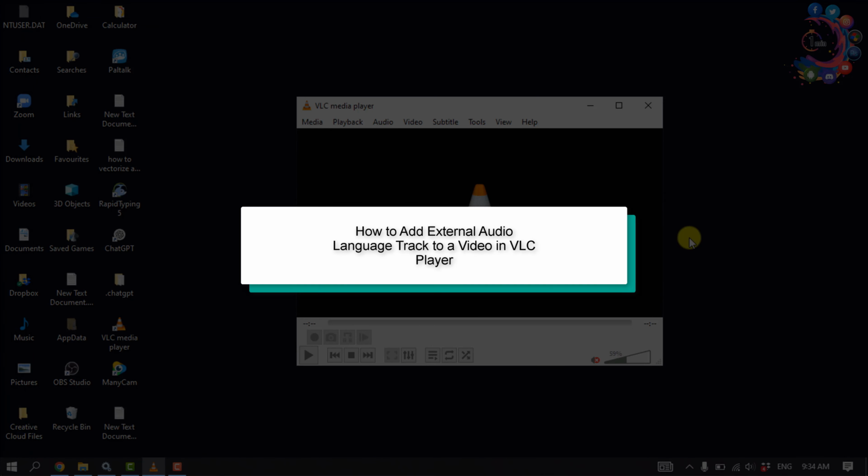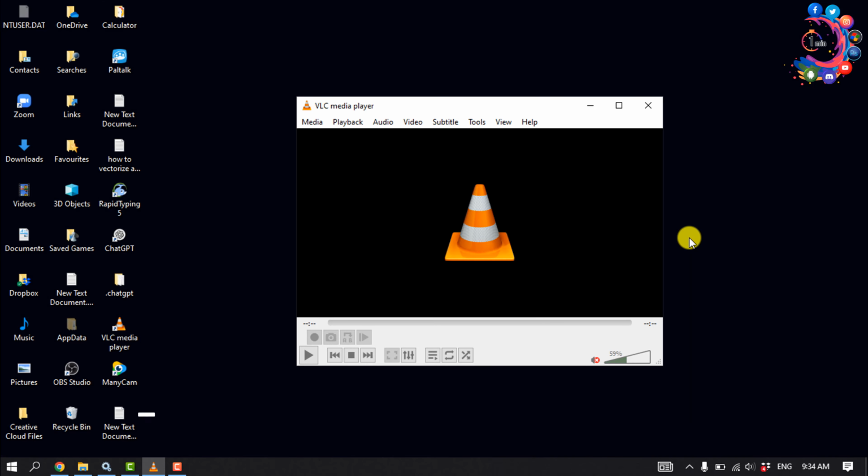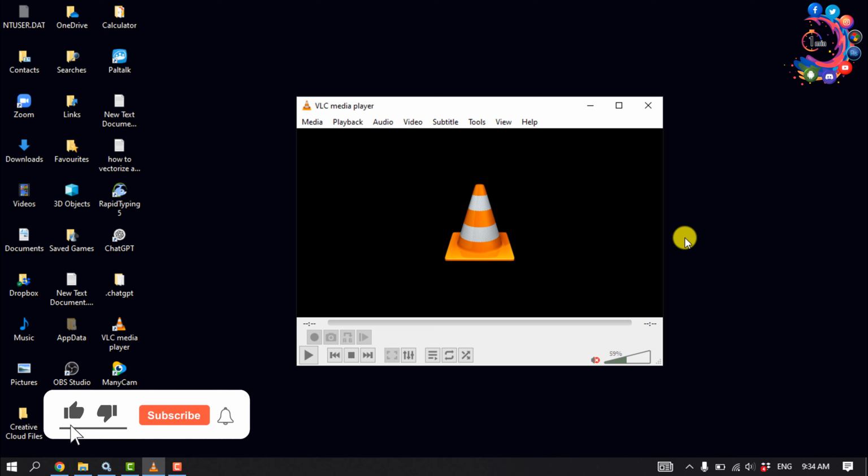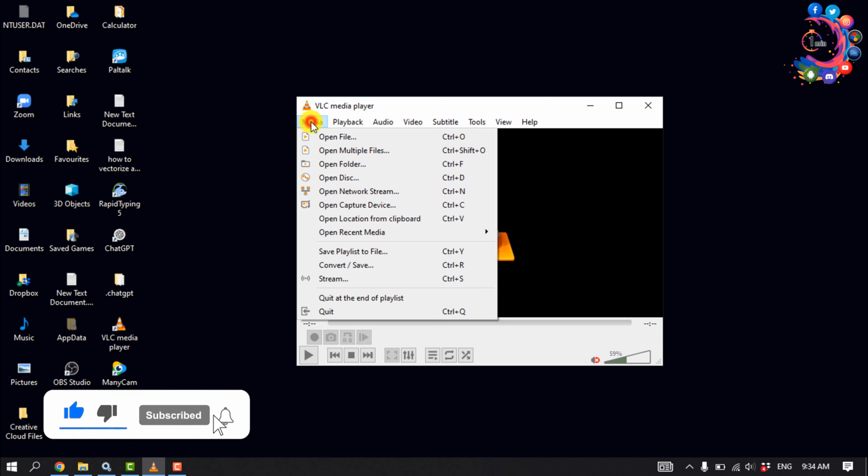This How to 1 Minute will show you how to add external audio language track to a video in VLC media player. So first of all, open your VLC media player and click on media,